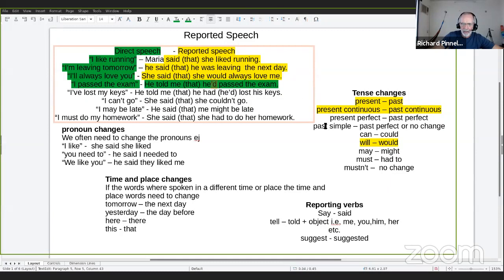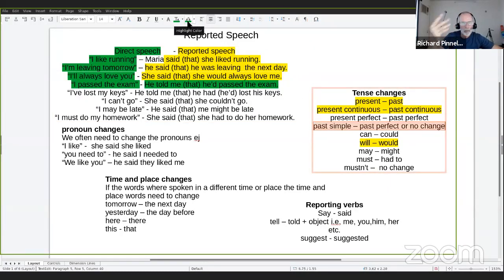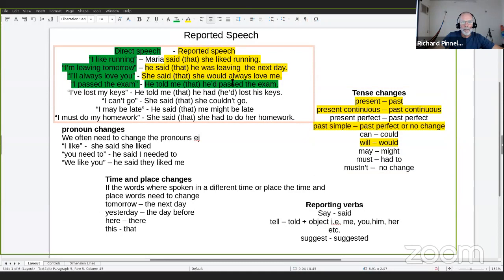And in fact, if you see what I've written down here, it is possible to just repeat. When we have direct speech in the past, it is possible to actually just say it in the past. So you would probably hear two things here. You would either hear, he told me that he'd passed his exam, or you could just omit it and say, he told me that he passed the exam. Probably the most correct is that one, he passed. But some people would just say he passed.